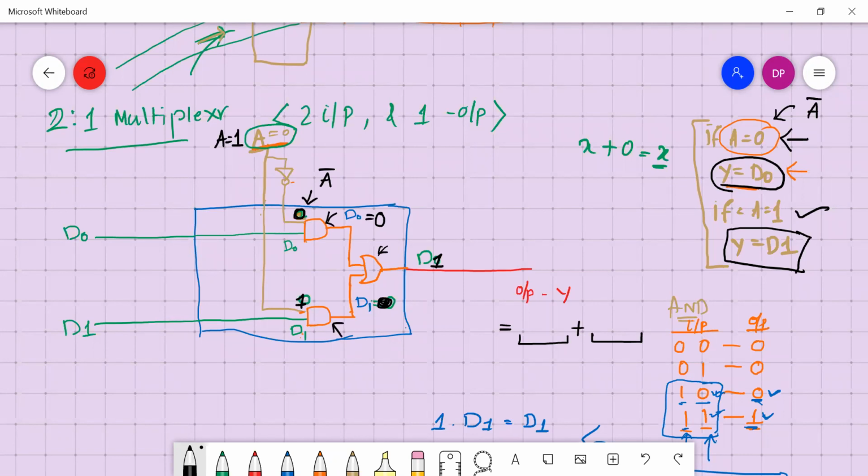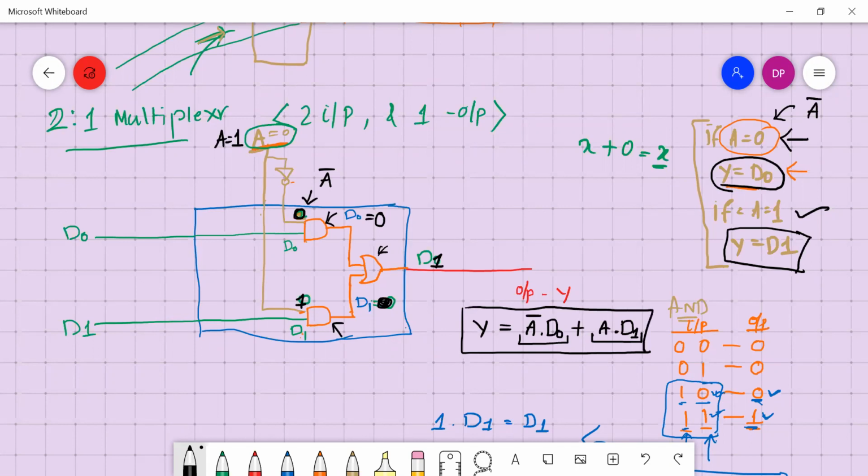The first one will be A complement D0, and the second one is nothing but A D1. So this would be the answer of Y. Output Y is written in this way for a 2 is to 1 multiplexer.